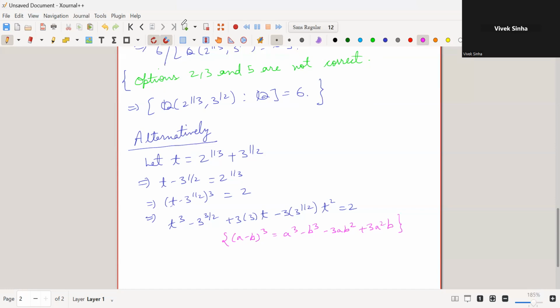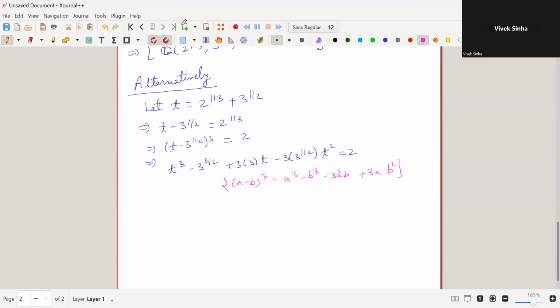I think it's a squared b probably here. Yes, here we have minus 3a squared b, and here we have plus 3ab squared. Okay, so this identity I'm using,